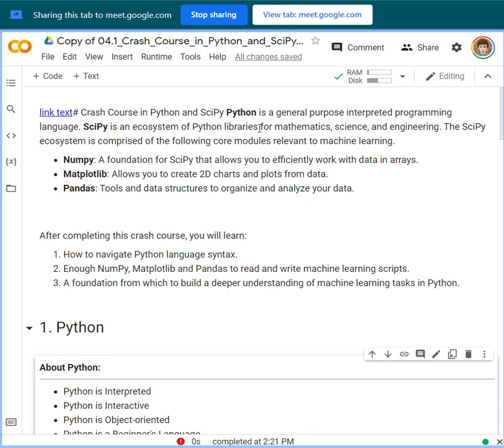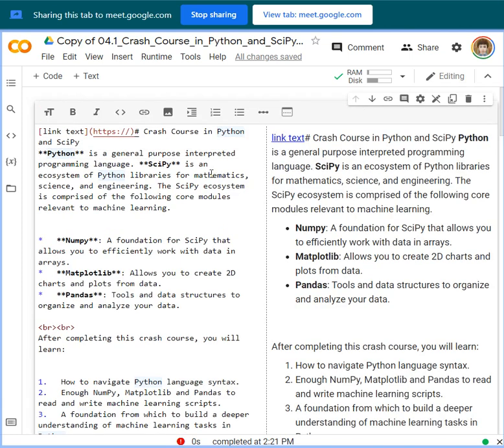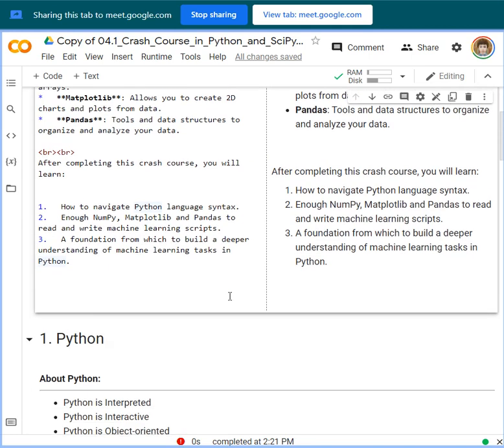Okay, so Python is a general purpose, interpreted programming language, and that is actually one of its features. SciPy will be discussed later on in our topic, in the last part. These are the Python libraries for mathematics, science and engineering.